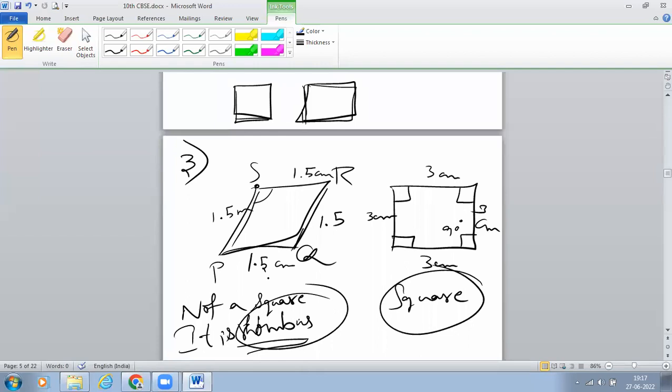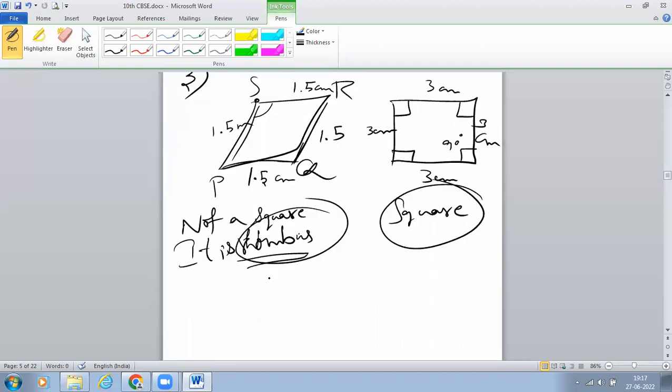So therefore, here they are asking, state whether the following quadrilaterals are similar or not. Now tell me whether it is similar or not. It's not similar. Therefore, the answer is, you have to write, it is not similar. One shape is rhombus and another one is square. Therefore, the two given shapes are